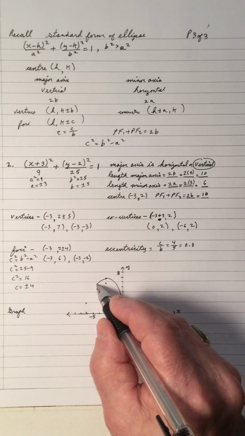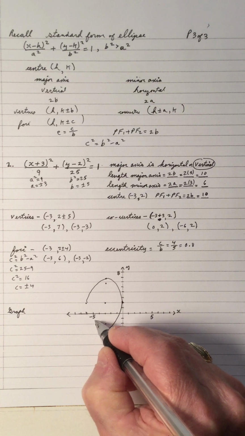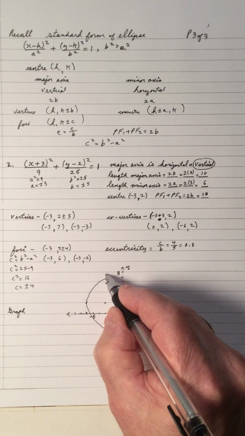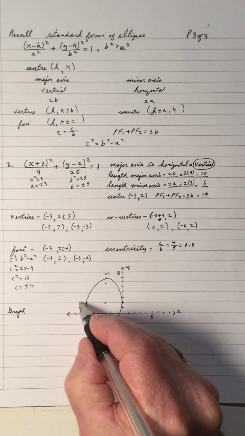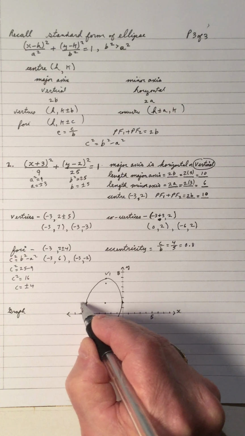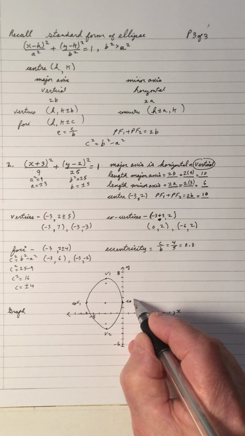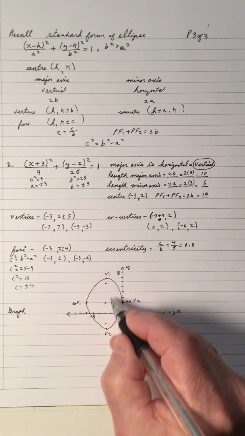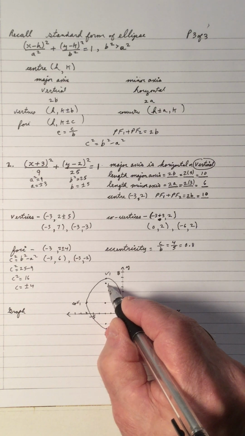the ellipse. There it is. And again, notice that this is vertex 1, vertex 2. And again, this is co-vertex 1. This is co-vertex 2. And these are the foci. Foci are a shorter distance away from the center. This is 4, so this is F1,